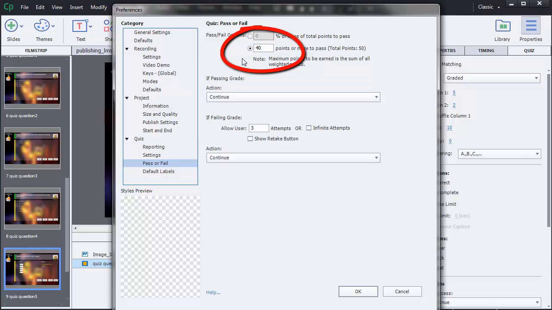That means that when a user gets 40 points or more, the learning management system will report the quiz as succeeded. On the contrary, if the user gets less, the LMS will report it as failed. Nevertheless, know that when we define a score in points and not in percentage here, often LMSs convert the points to a percentage.